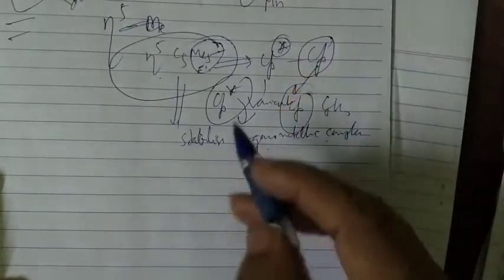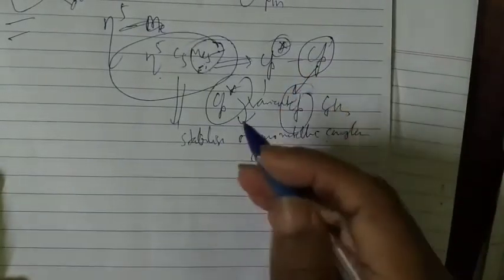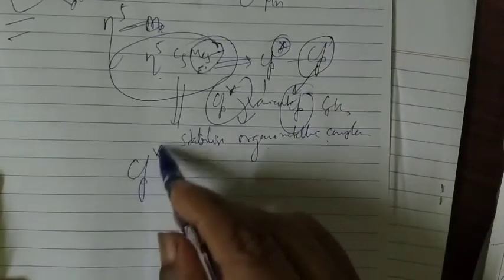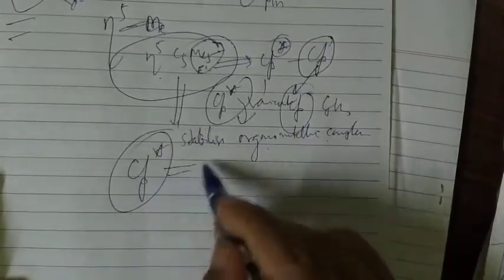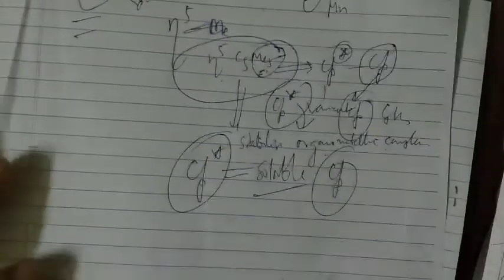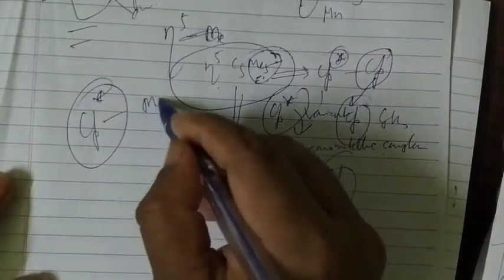And that's why most of the Cp star derivatives are often more soluble. If you see most of the organometallic complexes, they are of Cp star nature because they are more soluble than Cp complexes, cyclopentadienyl complexes. So this is what about the Cp star. Don't forget this is nothing but Me5 substituted cyclopentadienyl.